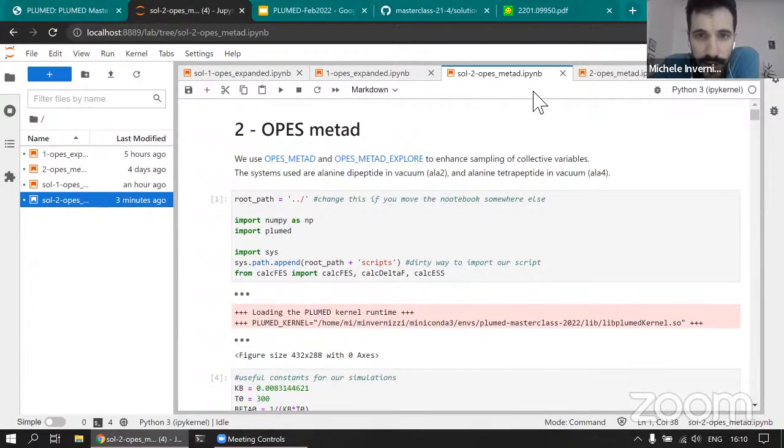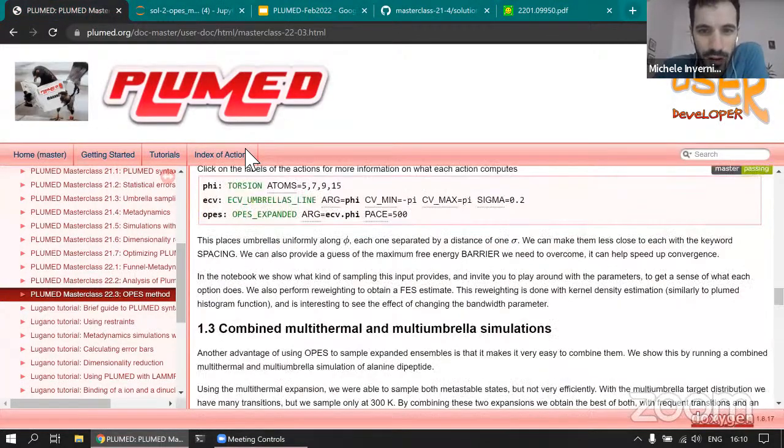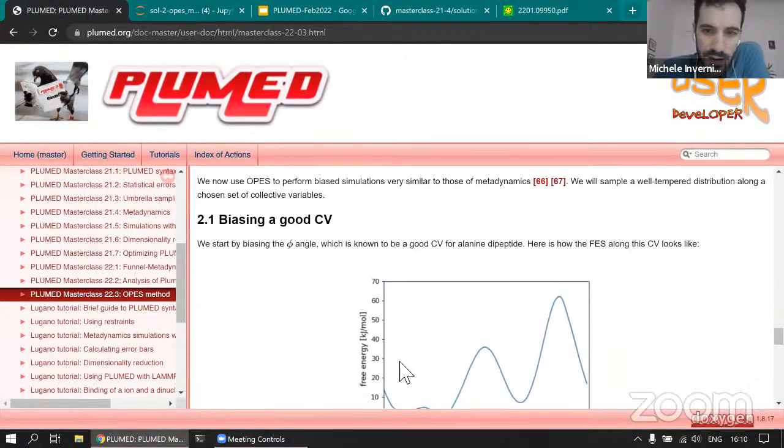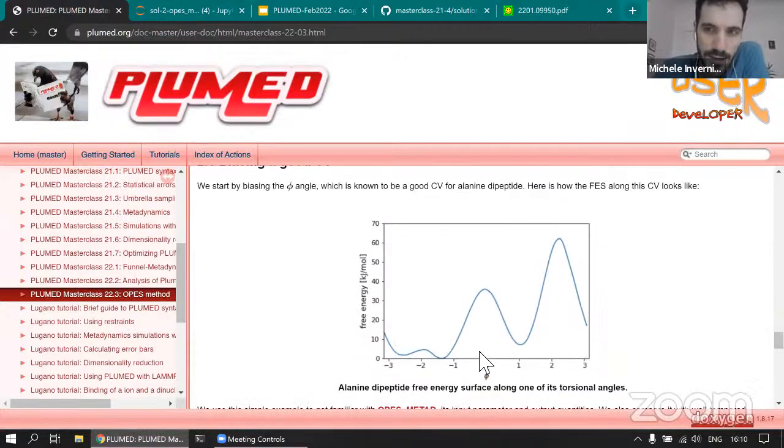Basically, in this tutorial, we were simulating the molecule of alanine dipeptide, which is the same that was used also in other master classes. So I didn't introduce the molecule. What's important to know is that this molecule